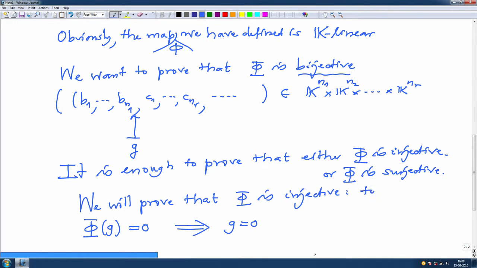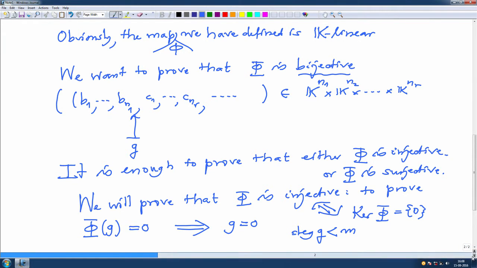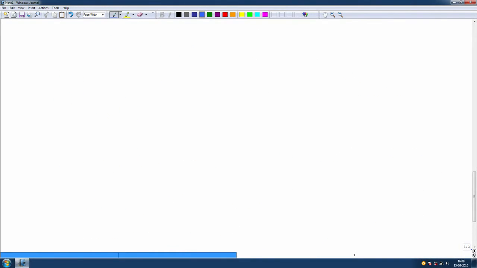So, to prove this, injectivity is equivalent to proving the kernel of phi is the 0 subspace. That means, if somebody is in the kernel, it should be 0, and remember here degree g is strictly smaller than m. So, let us prove this. What have we been given? We have been given that phi of g is 0,